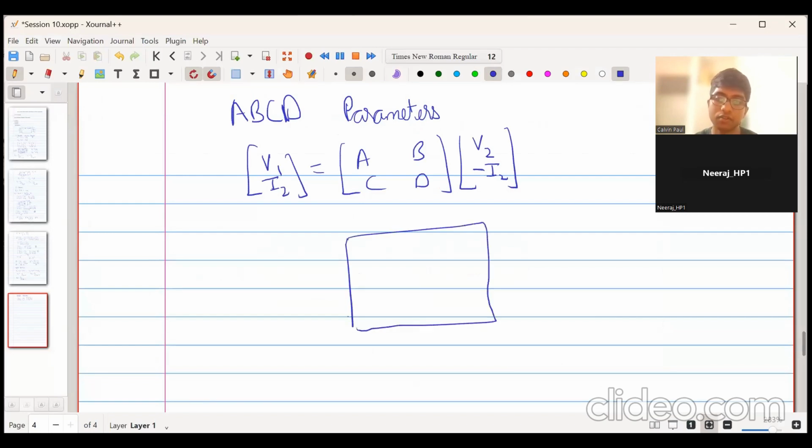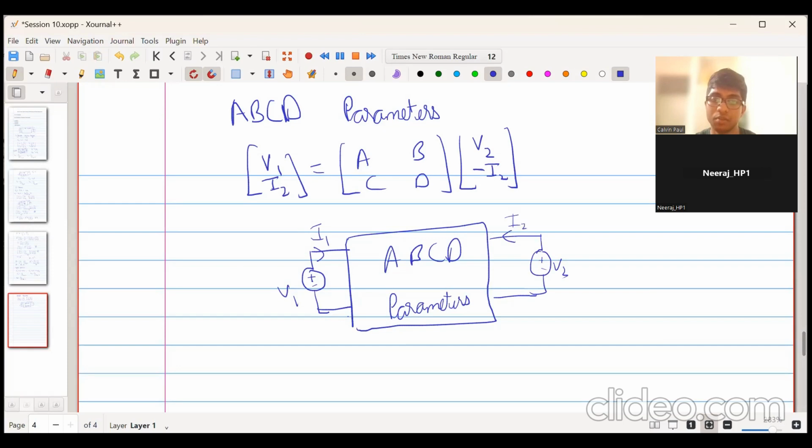So this is the network with certain A, B, C, D parameters. This is plus minus V1, this is I1, and here you get V2 and I2. This is the normal convention. But for ABCD matrices, what do we consider is